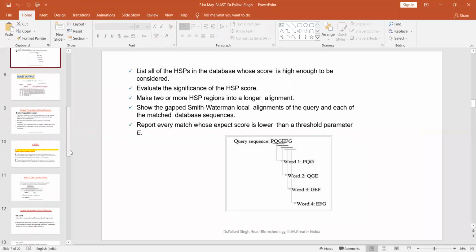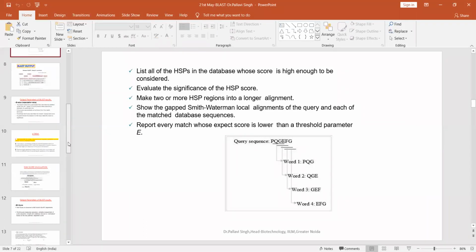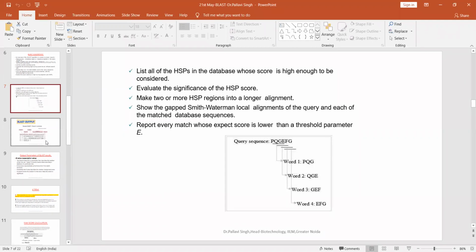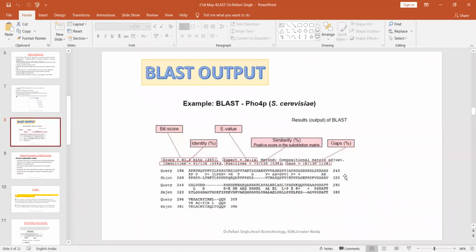So what happens is that I will come to each parameter, then you will understand. So this is what the BLAST output looks like. You get a score. You have taken a query which is aligned with the subject. And initially when there was alignment, we used to see the vertical bars, single dots and colons. What was the meaning of these? I'll explain. Initially, when the alignment was found, there were these signs.